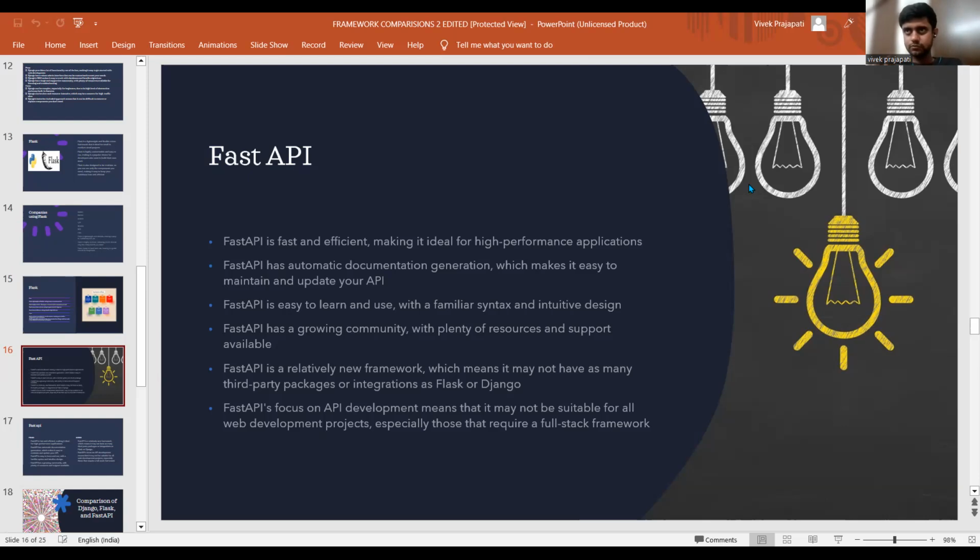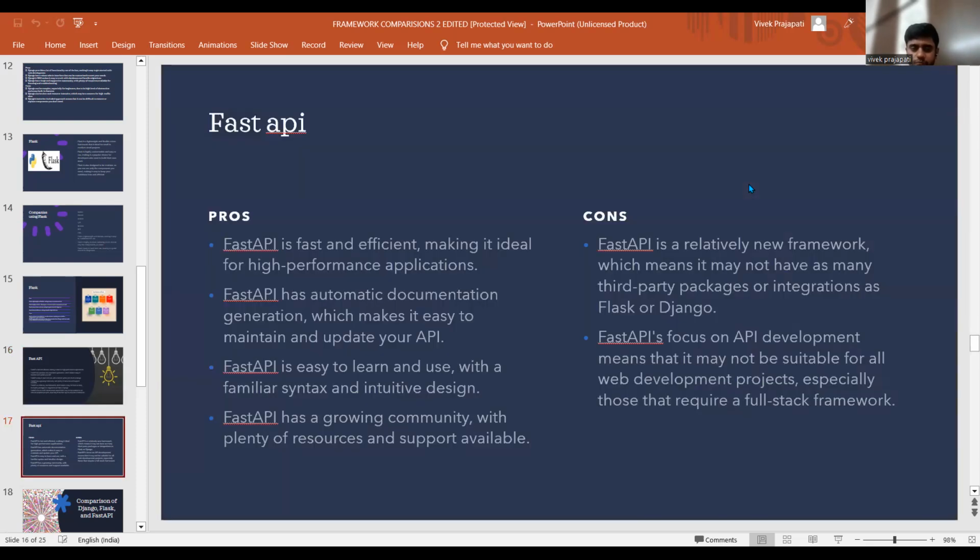It has a growing community. I think at this time Django is good, but FastAPI is good for the future. Once it gets the communities and plugins, I think FastAPI is hard to beat if you want a good web application or design. It is a relatively new framework which does not have many third-party packages.